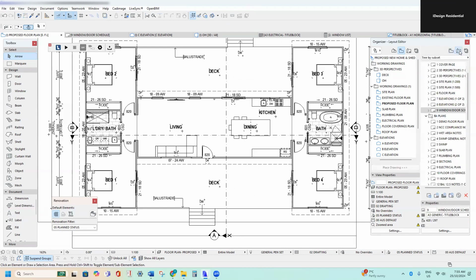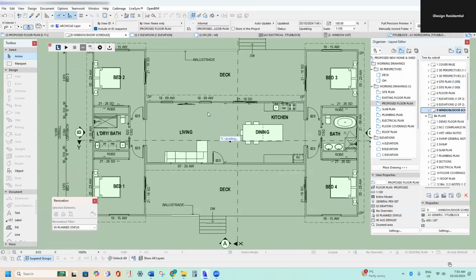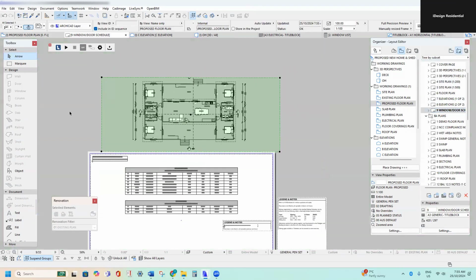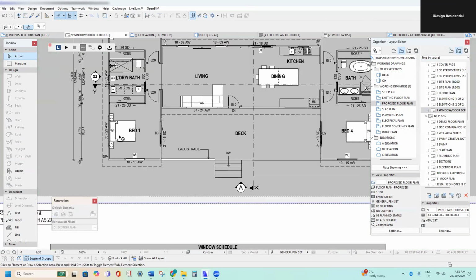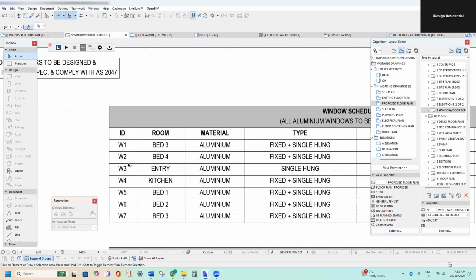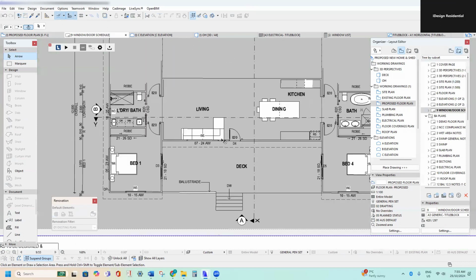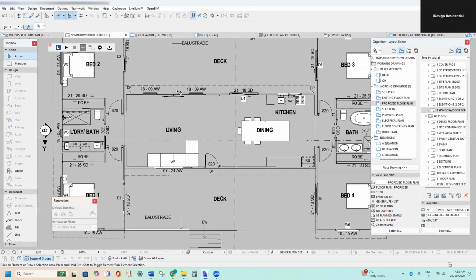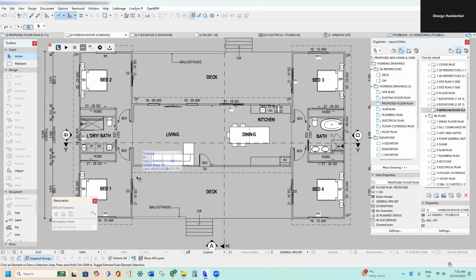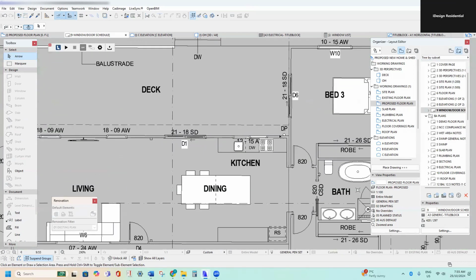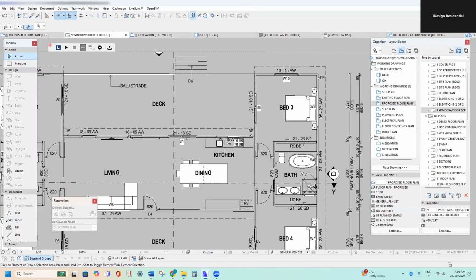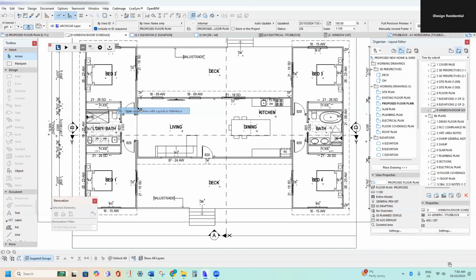And if you then go back to the window door schedule, now you'll be able to see the window door markers there, and that'll help you to fill out the schedule. So if we start at window 1, and I actually haven't finished doing those window markers, I can see there's a few windows here at the front that I've missed. So